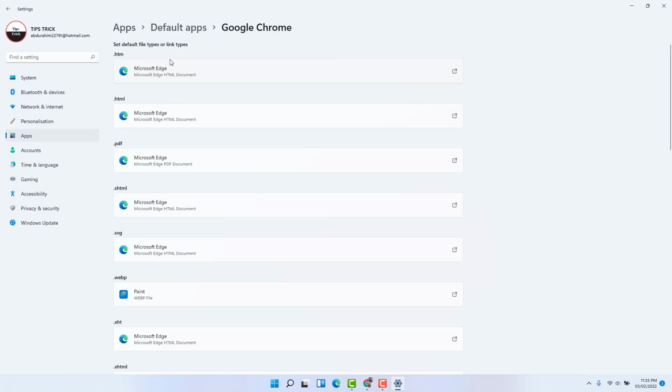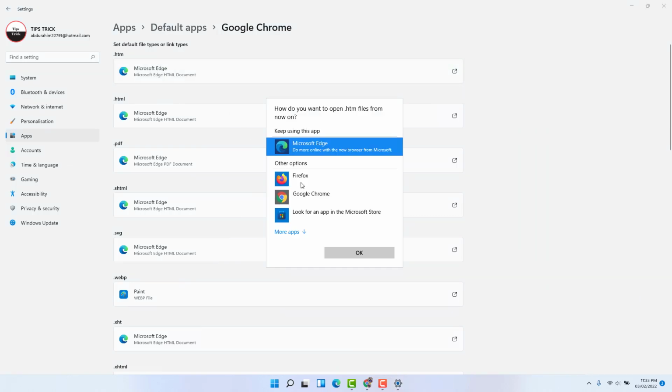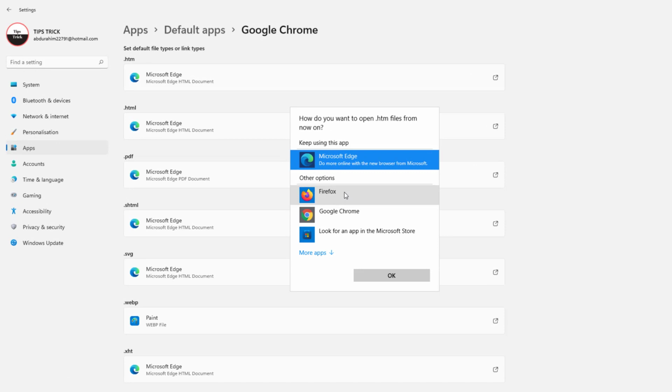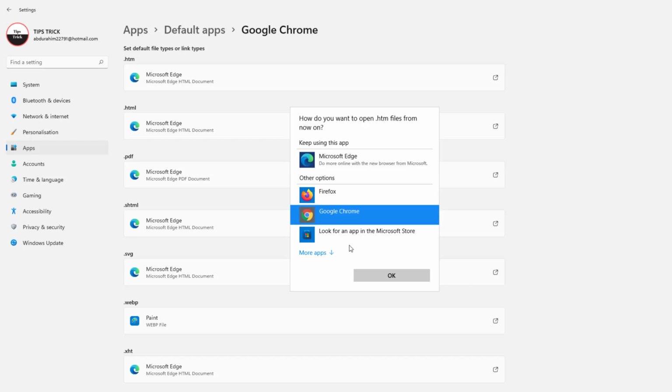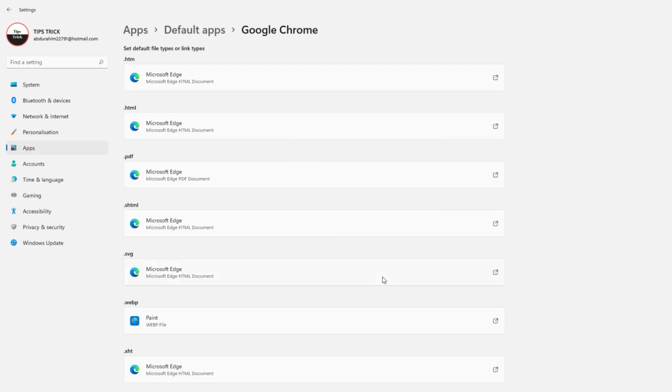So first of all, if you want to change your default browser to Google Chrome, you need to just click on it, and then you need to see all the browser apps available in your system. All those lists are going to appear. You can easily choose any of them. For example, I choose Google Chrome here, and then I click OK, and then you're going to see